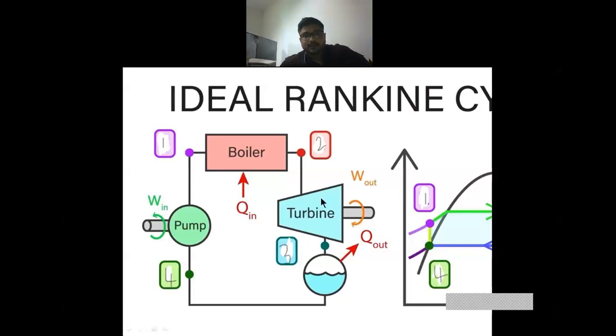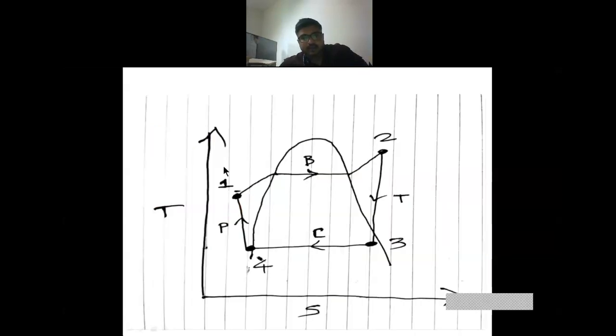So here we can get the steam. Then, what will happen here? This steam we want to convert again into liquid. So how can we convert? By removing heat from it. So this steam again will become liquid, and this liquid means water. Again, by use of the pump, we have to supply it to the boiler. So this is our cycle, the Rankine cycle TS diagram.